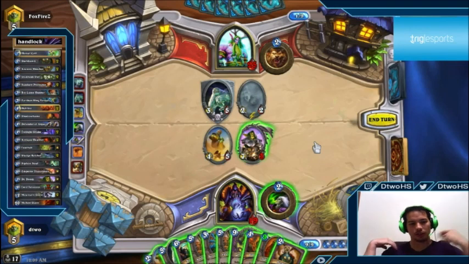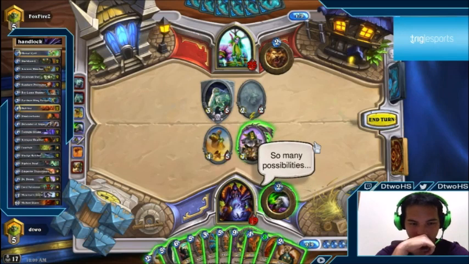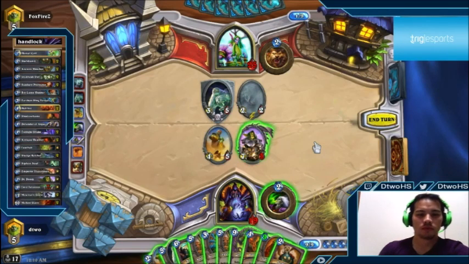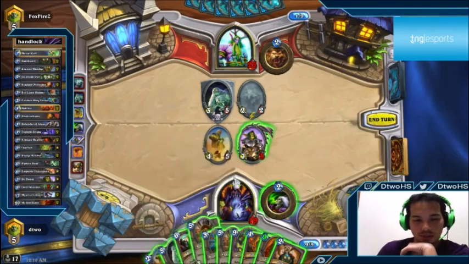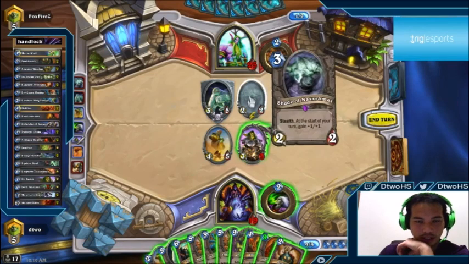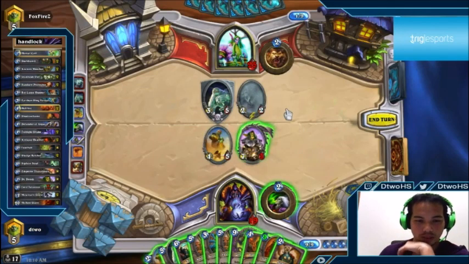Kind of looking at that Shadow Flame and wondering if I should be using it right now. Clearing his board is kind of a big deal. So many possibilities. I don't want to quite use Siphon Soul yet, although I could get some extra damage in the face, but this is starting lethal, so I kind of need to get a Sludge Belcher up. Although, I guess if I Siphon Soul, I would heal up, so that's one thing, but...